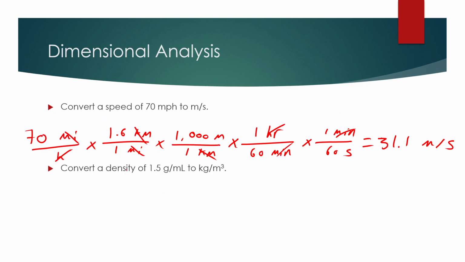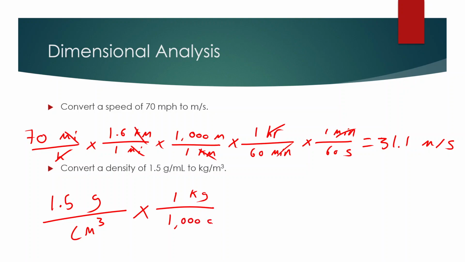Anyway, next up we're going to convert a density of 1.5 grams per milliliter to kilograms per cubic meter. So we start with 1.5 grams. Now 1 milliliter, you should know, is equivalent to 1 cubic centimeter. So we have 1.5 grams per cubic centimeter, right? And then we know that 1 kilogram is the equivalent of 1,000 grams, right? So we can cancel out our grams like that. And we know that